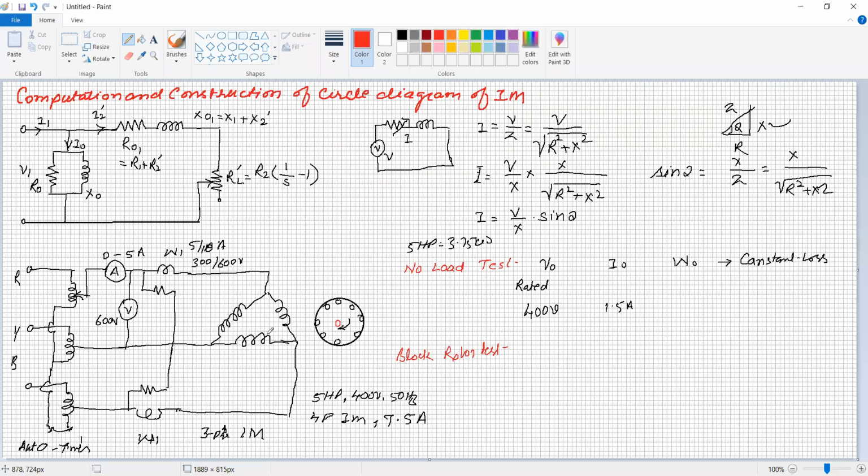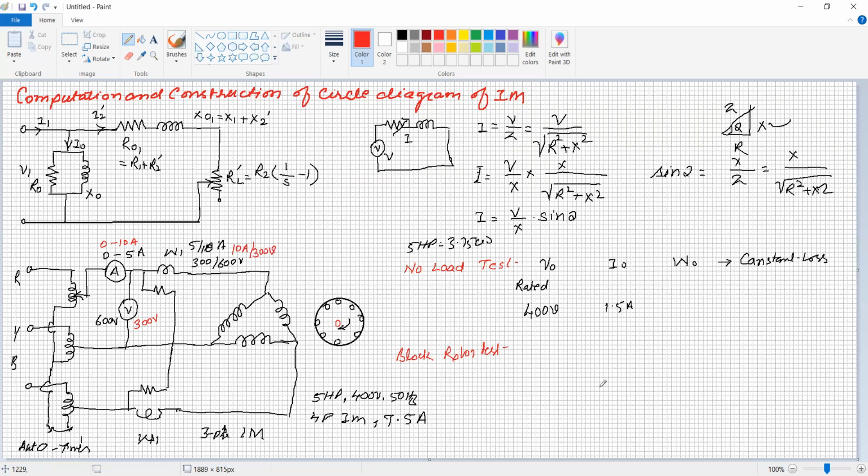Now the current is 7.5 ampere, so definitely the current range should be 0 to 10 ampere. Similarly, the wattmeter will be 10 ampere by 300 volt. Why are we taking the 300 volt? Because we are applying the reduced voltage. Under such condition, to give the proper resolution of the voltmeter, ammeter and wattmeter, the scale should be selected properly. The voltage will be very small, so we select the 300 volt range, which makes it easy to measure because it gives the proper deflection.